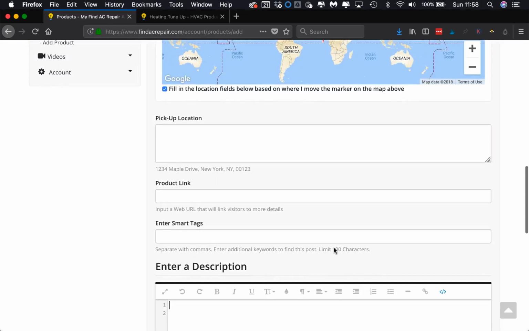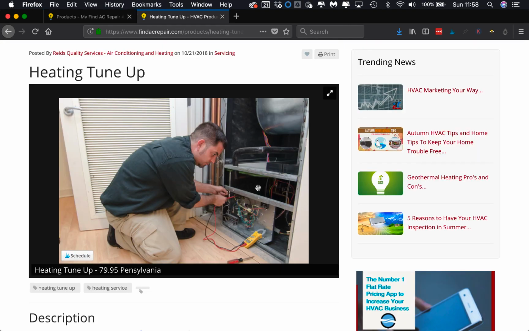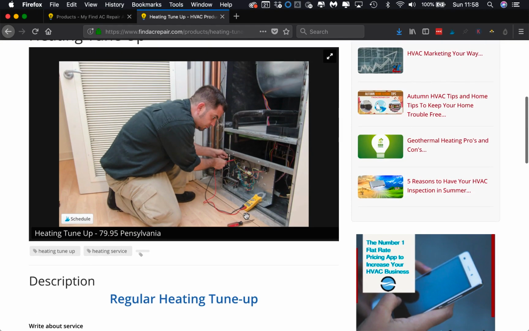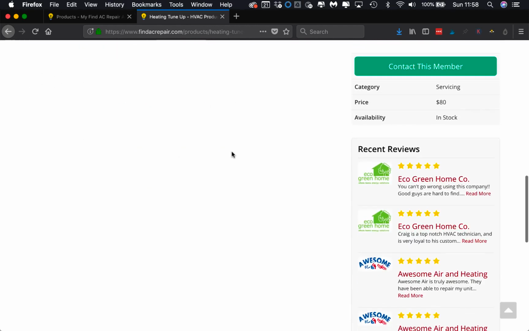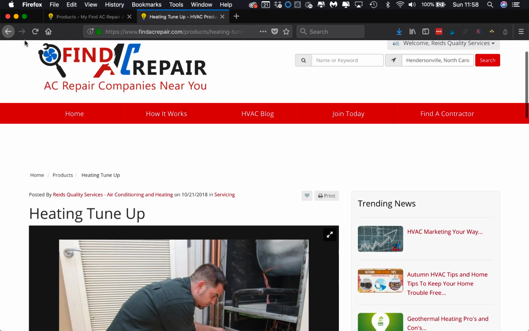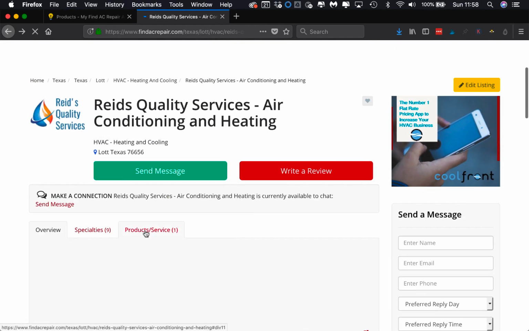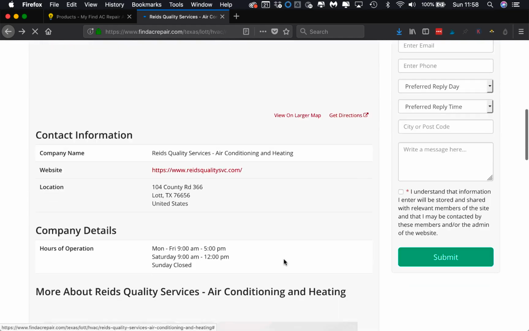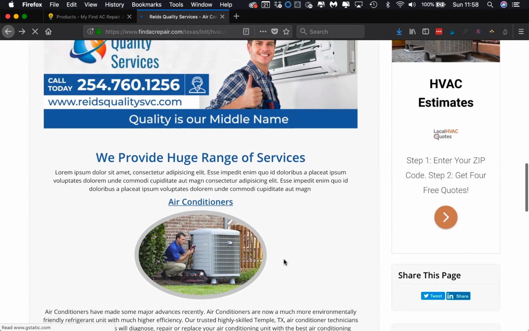But for now, the biggest thing that you guys want to do is to get your products up there so that you have great service, great product there. They can contact you, write about your service. There it is, okay? If we go back, they can see it. This could be 10 products that you have in your area, okay? This could be a heat and tune-up, an air conditioning tune-up. It could be